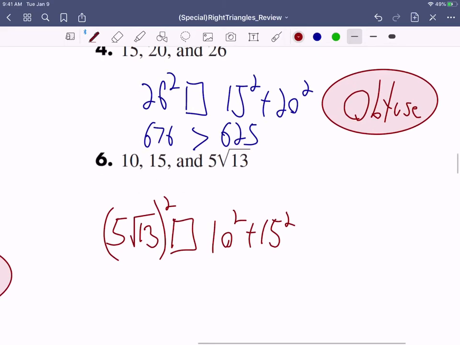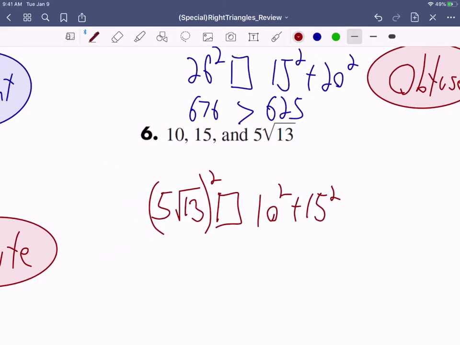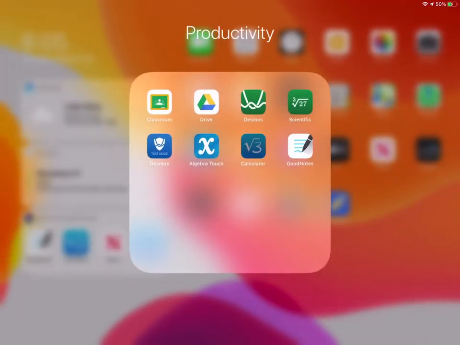So 5 times the square root of 13, then when we have that whole quantity squared, you're going to square both. When you're multiplying two numbers together and you square the full quantity, you apply the square to both. You can think about that on your own. So what we have here is 25, and then when you square a square root, that's just times 13. I don't know that off the top of my head, so I'm just going to go